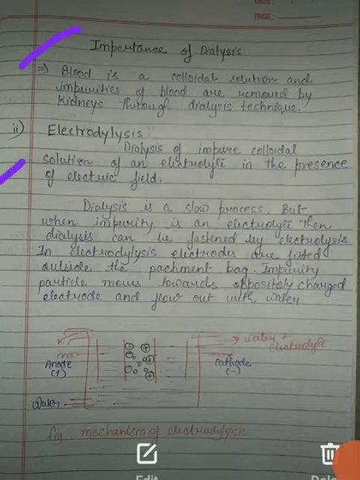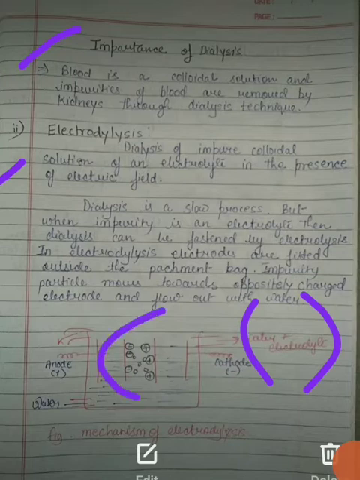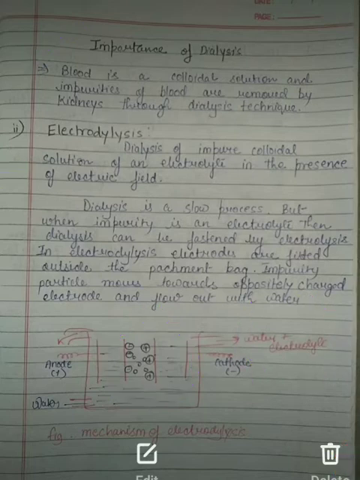Now we have discussed electrodialysis. Here, simply the dialysis is done in the presence of an electric field. We have just taken electrodes here. This may be done in case the impurities are electrolytes. The negatively charged ions go to the anode and positively charged ions go to the cathode, and are then flushed out with water. So here you can see water and electrolyte are removed, and the pure particles, the very small colloids, are left here. This is the mechanism of electrodialysis.